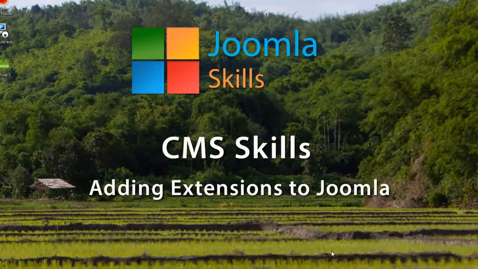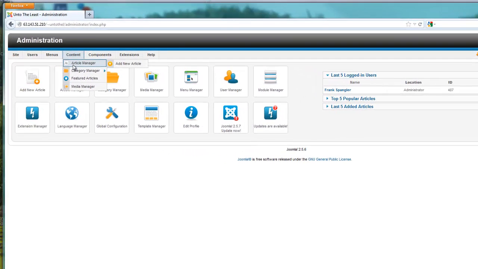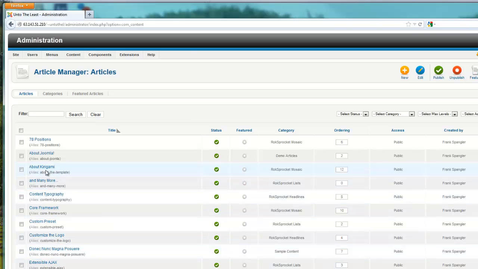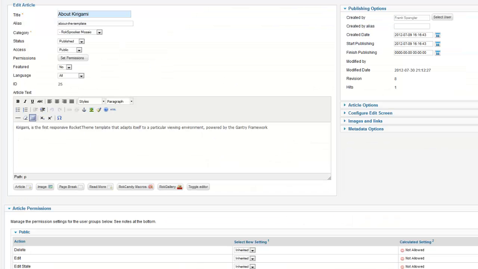As amazing as Joomla is, there are ways to make it even better through third-party extensions that you can plug in to the main Joomla engine. For example, if we were to go to our website and take a look at the text editor that comes with Joomla by default, just open up any article here to take a look at that. We see that it is a very rudimentary text editor. It's functional. You can type into it. You can even add images if you want to, but it is very simplistic in the way that it approaches